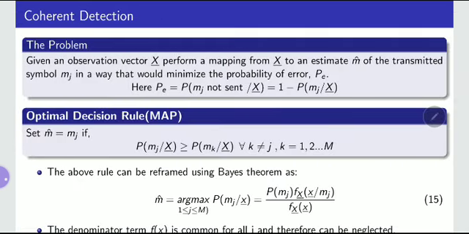So coherent detection. The problem: given an observation vector x, perform a mapping from x to an estimate m cap of the transmitted symbol mj in a way that you would minimize the probability of error Pe. So I have got a vector x. I need to estimate m cap